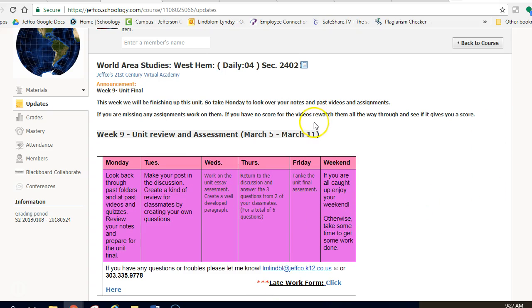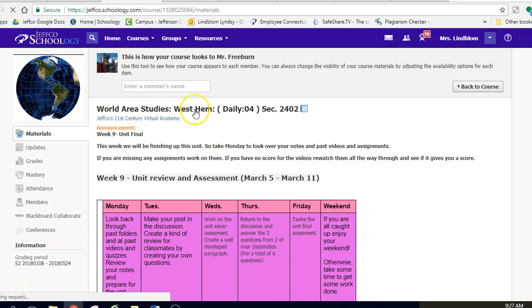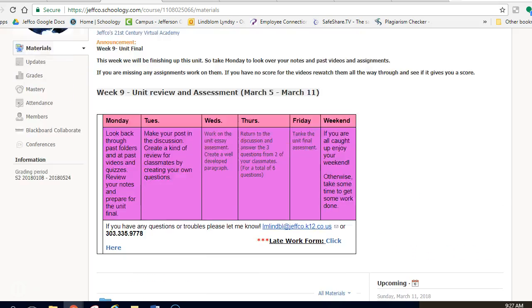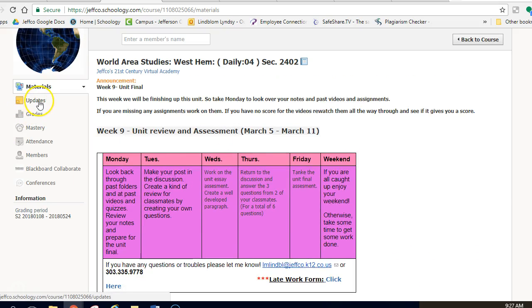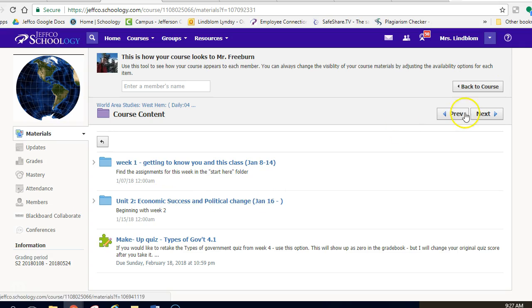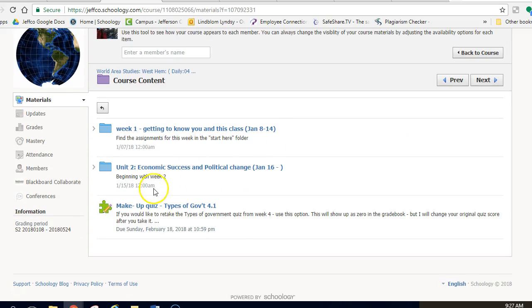Also, just a tip, if you're noticing that your Edgenuity videos haven't recorded a score, you might have stopped the video just 1 second too early. So you need to go back and do that. Something else, if you didn't realize what you were supposed to do with the vocabulary, you are supposed to type in the vocabulary words. So let me show you an example of that real quick.